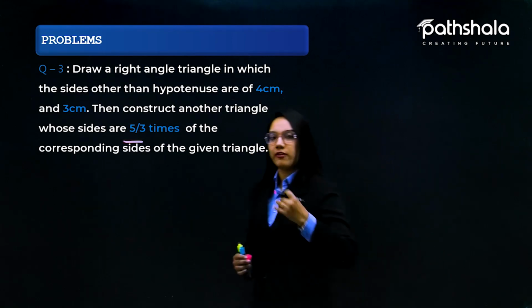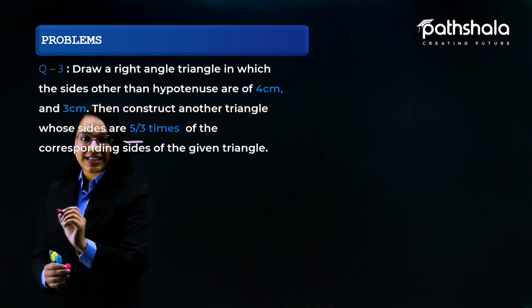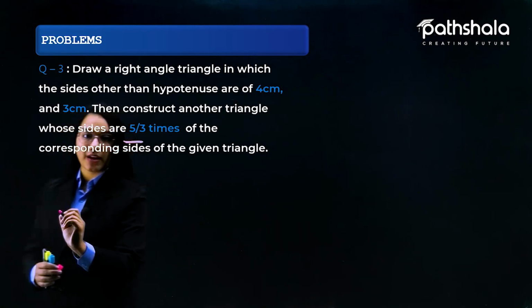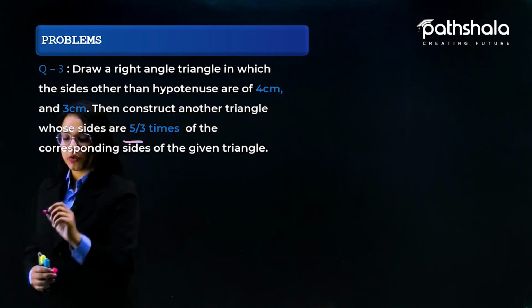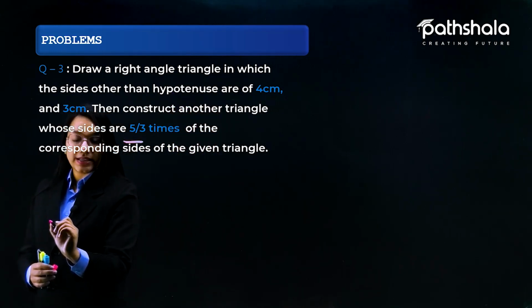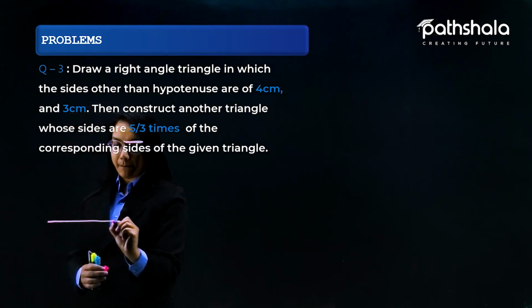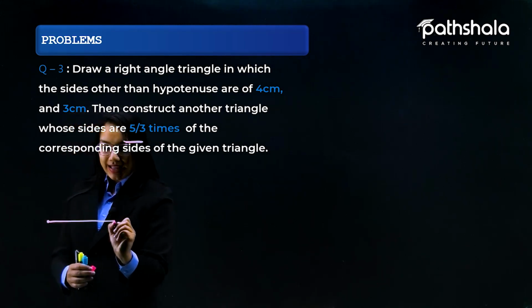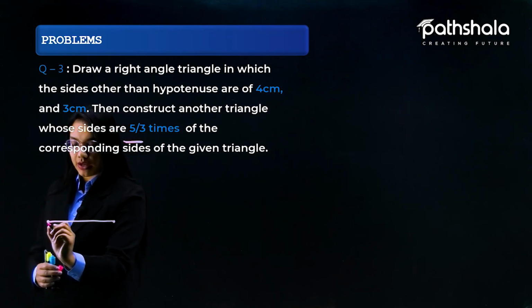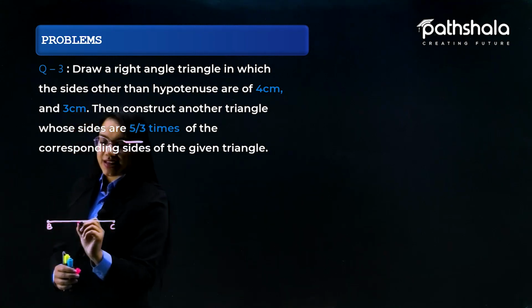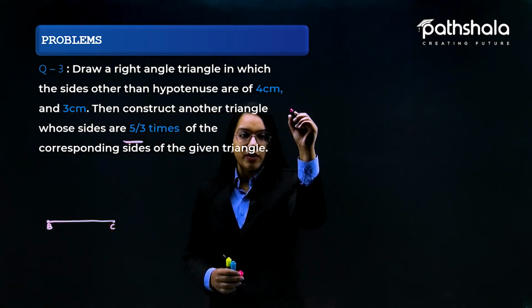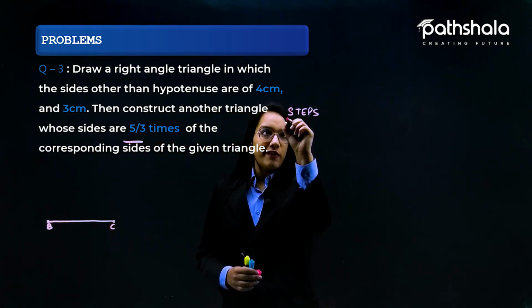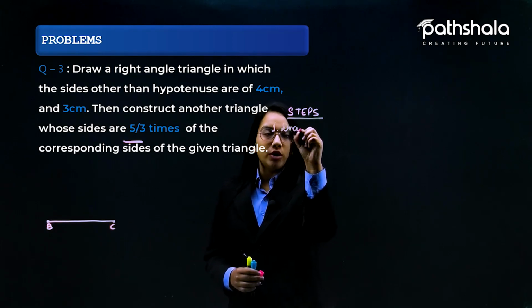So let's start the construction of the very first right angle triangle. Instead of the hypotenuse, we have the other two sides as 4 cm and 3 cm. Let us suppose I'm starting with the base as 3 cm, taking BC as 3 cm instead of AB. Let's start the steps of construction. The very first step would be to draw a triangle